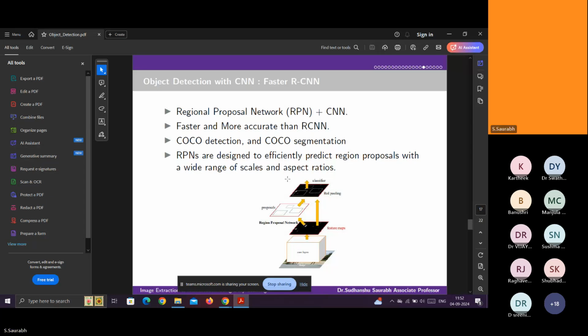So what is there in this complete model? The COCO detection and segmentation, these two things are there. Segmentation and detection both are part of image processing, and these are COCO algorithms integrated with the detection and segmentation algorithms, so it is COCO detection and COCO segmentation.